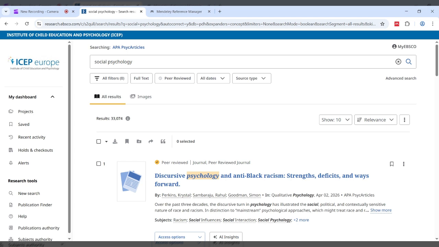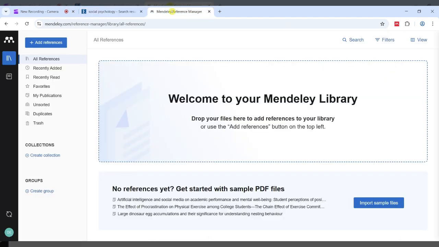Before we start, just to point out that it's always good to have your Mendeley Reference Manager open. As you're working on assignments or trying to find research for assignments, I would recommend having this Mendeley Reference Manager open in the background, just for ease of access, or if you add a reference, you can immediately check it and make sure that it's carried through correctly, things like that. As you can see, this is my Mendeley library, and it's currently empty. So we're going to add some journal articles into this.